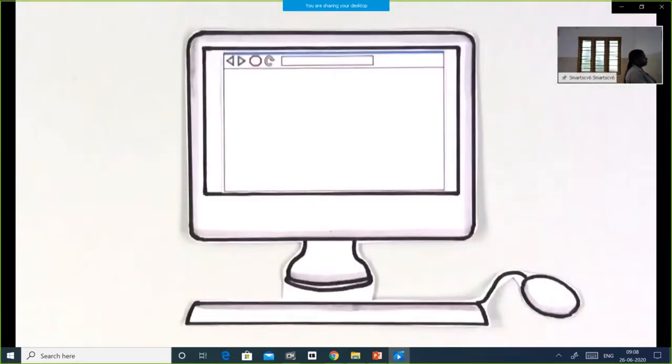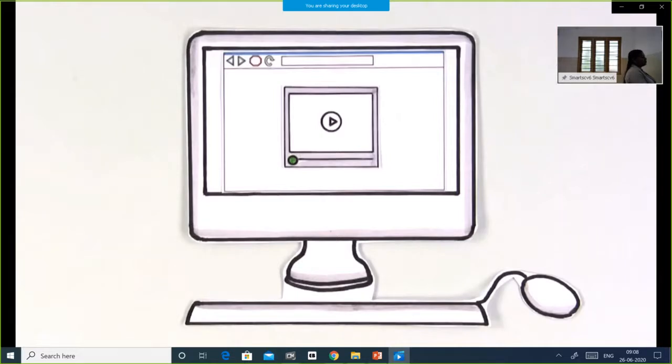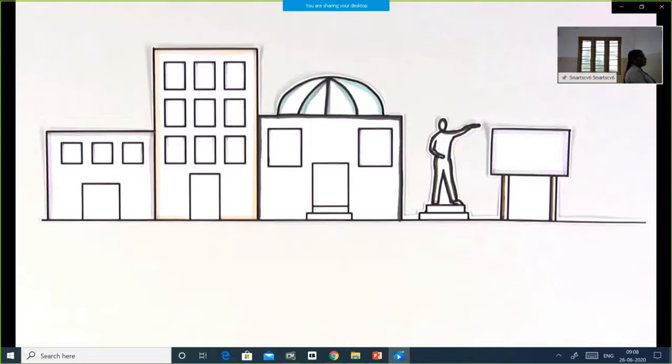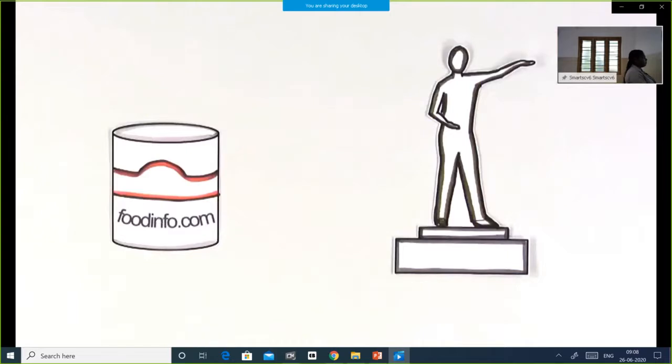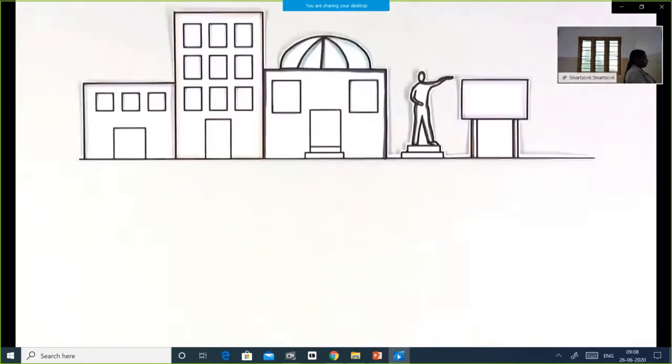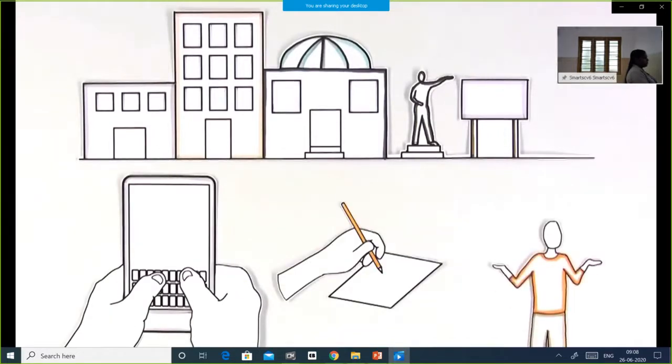In our online world, everything is linked together. You visit a website and click a link to visit another site, send a message, view a photo, or download a video. A simple click makes everything possible. On the other hand, our physical world is what you see walking down the street. The problem is, nothing is clickable. You can't click a URL on a container to see recipes. You can't click a statue to read about it on Wikipedia. So, you end up having to type in a link, take notes, or just keep walking. But that's starting to change.